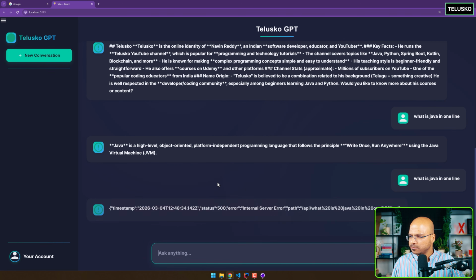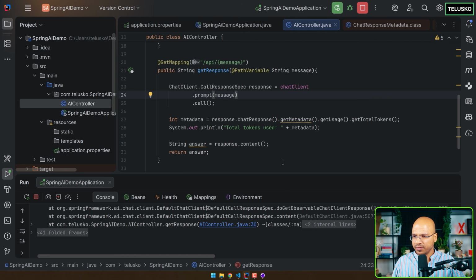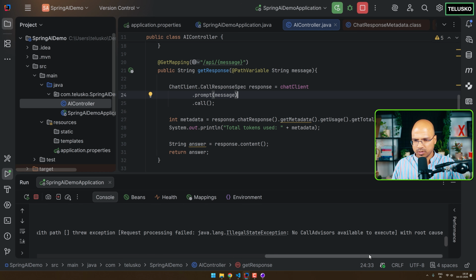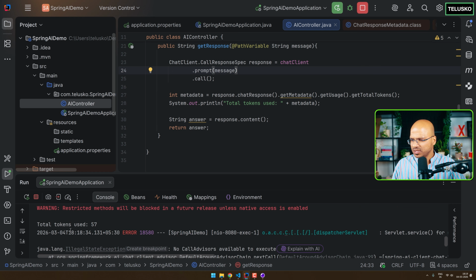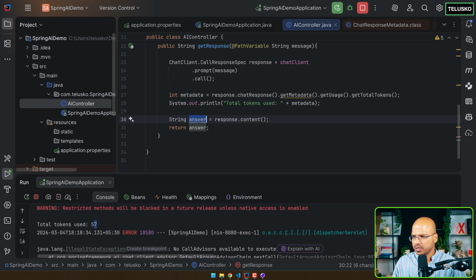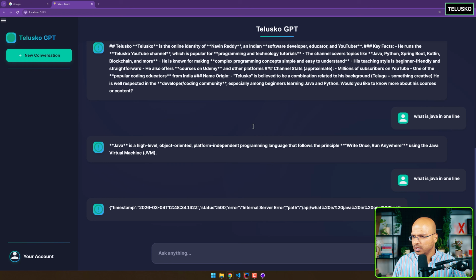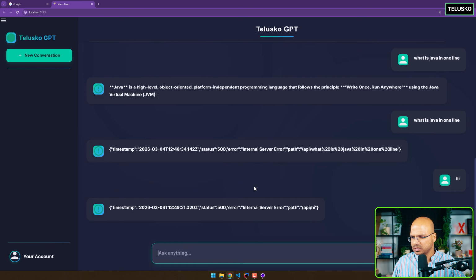Let's see the answer. Okay, we got an error, 500 error. Illegal state exception, no call advisor to execute. Why is it not behaving the way I want? Is it because I'm using the M2 version? Okay, it is printing total token. So you can see total token is 57, but it is giving you an error here. Let me try once again. I will say hi. I think there's an issue with the calls. It says path,